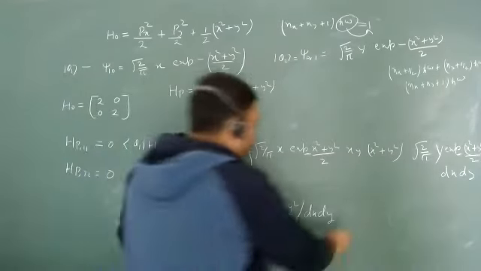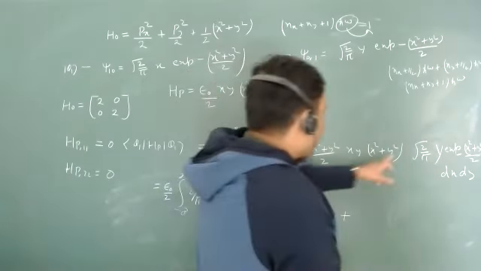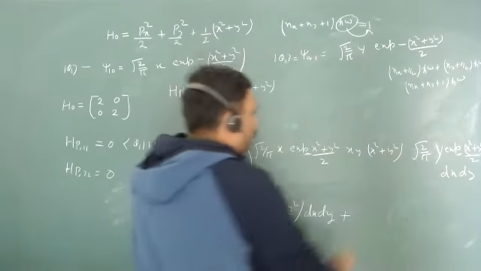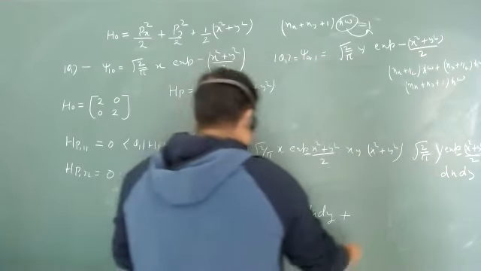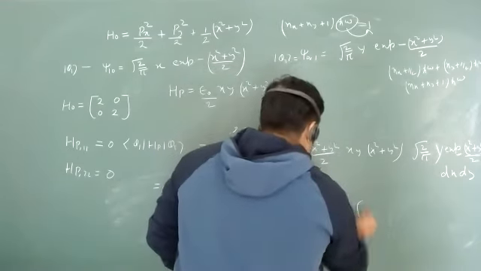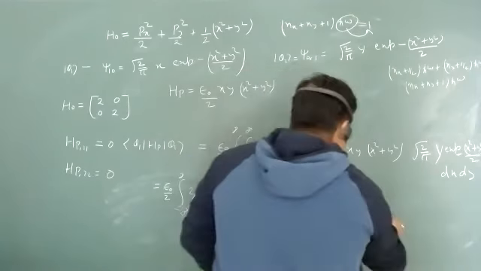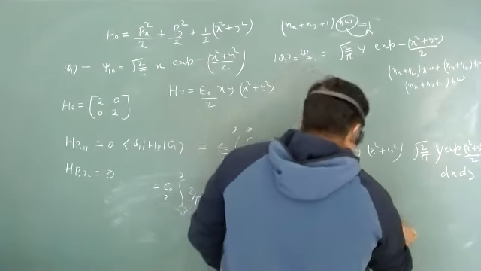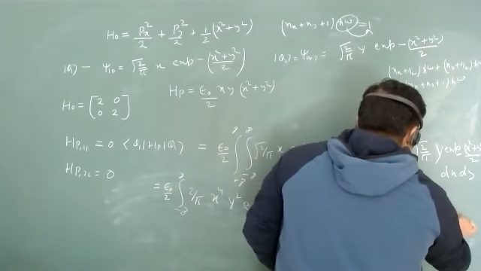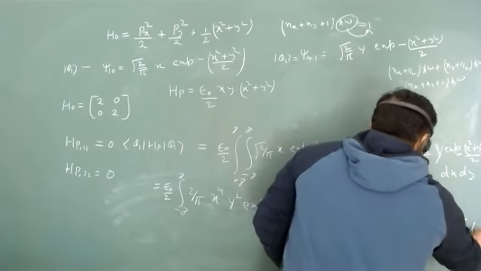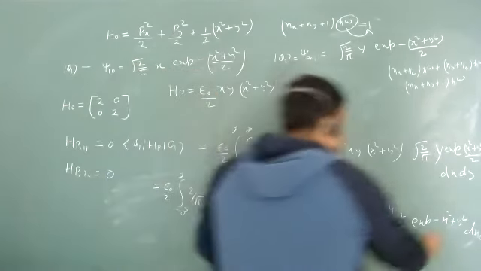Second part, we have to go with this. So this x, and this y square, and here is 1 y square, y4. So here we have minus infinity to plus infinity, 2 upon pi, and here we have y4 x square exponential minus x square plus y square dx dy.